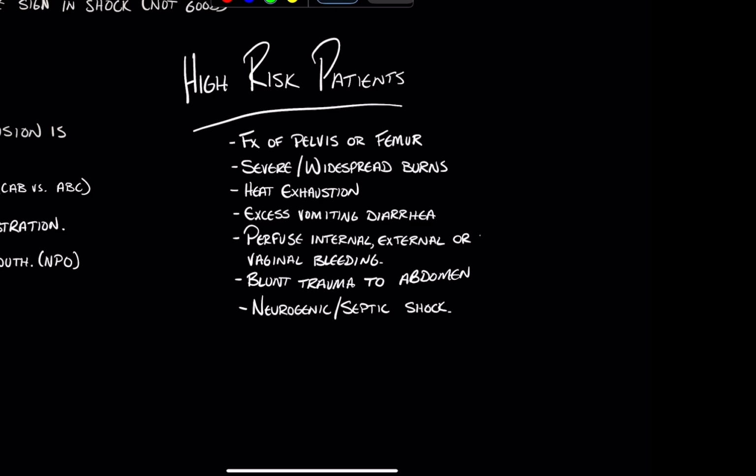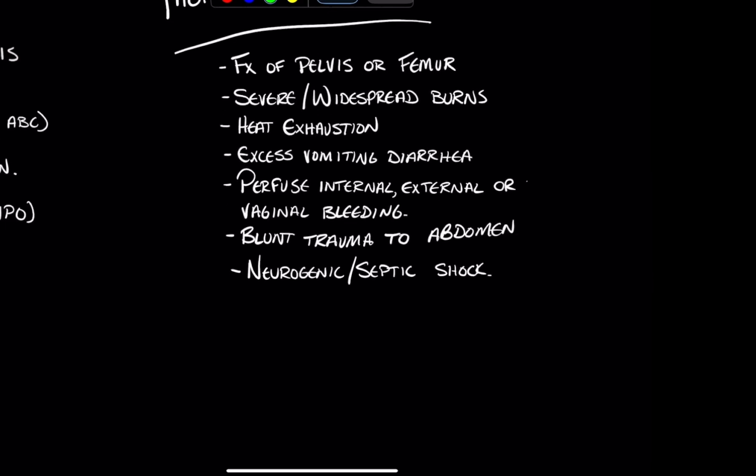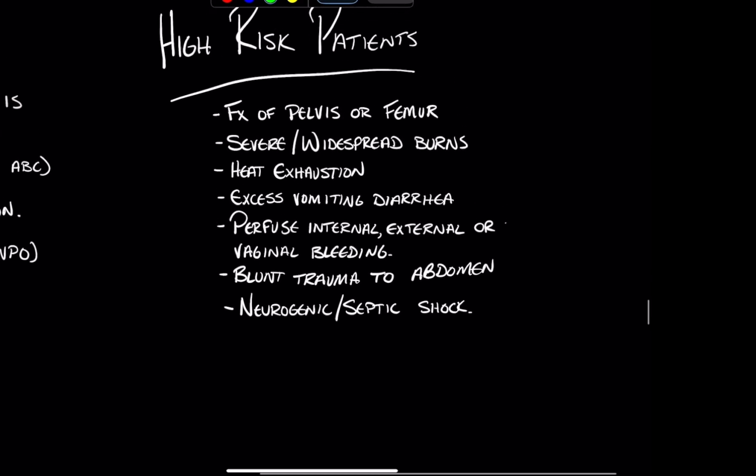Severe widespread burns, we've talked quite a bit about fluid shifts from burns. Heat exhaustion, so heat exposure where you've diaphoresed and sweat a lot of your fluids out. Excessive vomiting, diarrhea, profuse internal, external bleeding or vaginal bleeding. So obviously people that have profuse bleeding, they're going to be at high risk of shock state, if that wasn't obvious. And then